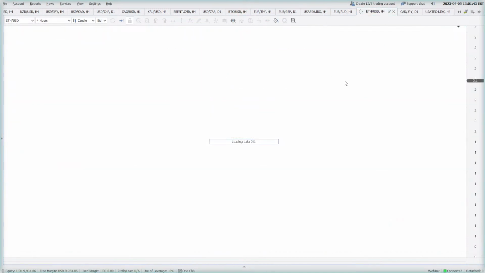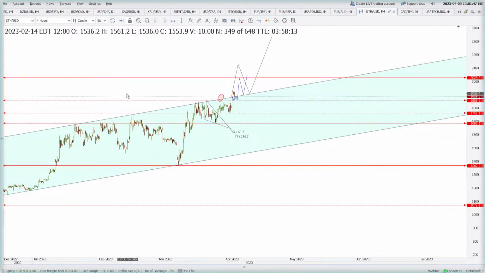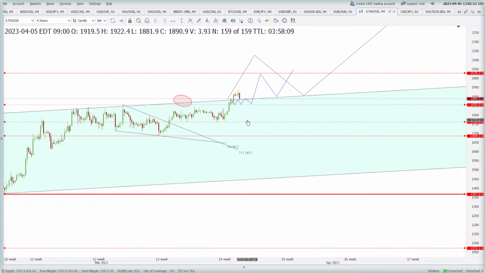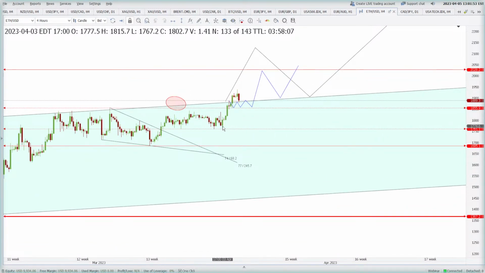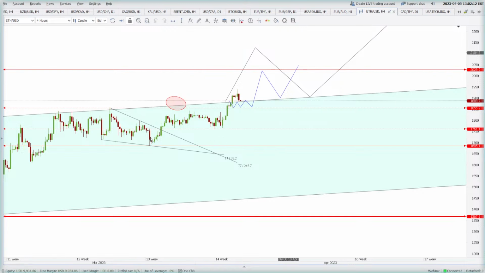Ethereum, I think we are bullish on this one. Did you see that, guys? Bitcoin, nobody is buying Bitcoin, but look at the Ethereum. Ethereum finally broke out of this resistance zone that we were talking about. This is something I want to talk about. So Ethereum has broken out of the resistance. Now this must be the support. And if this is the support, then Ethereum is going to moon.